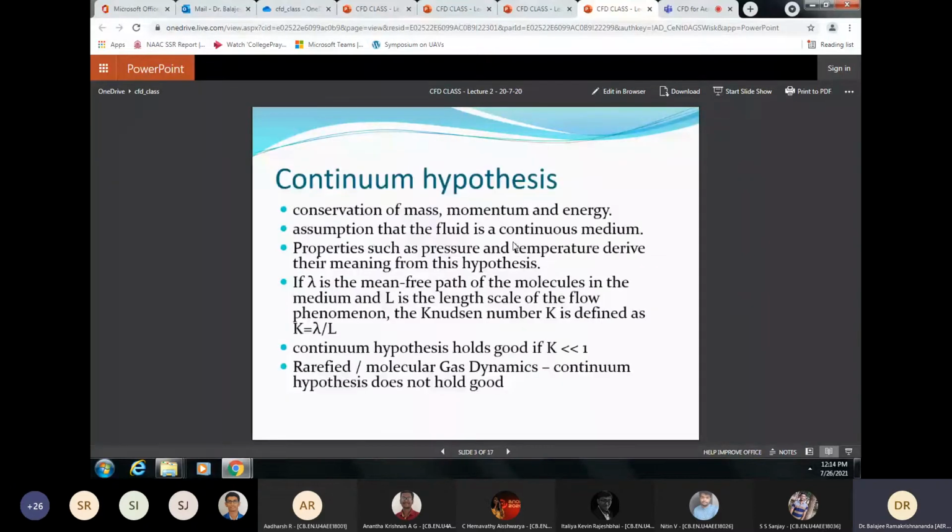First is the continuum hypothesis. What we are going to do in this course is to solve the Navier-Stokes equations, but you can use CFD also to solve other forms of equations. For example, neglect viscosity, you can solve Euler equations. Neglect rotationality, you can use panel methods. All these can be done. These are also CFD. Then the next step, when the fluid is not a continuum, you have rarefied gas dynamics